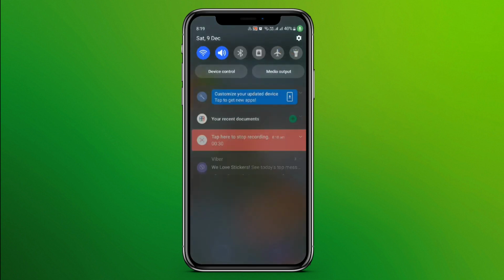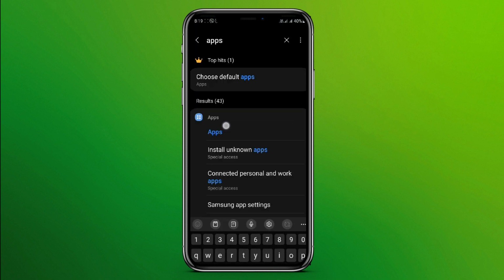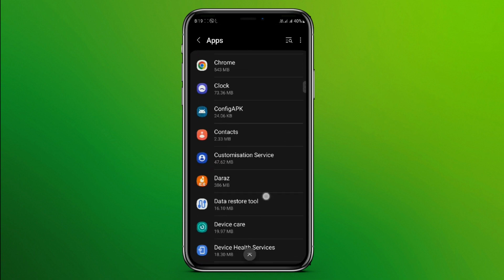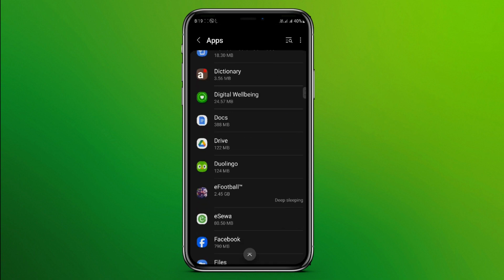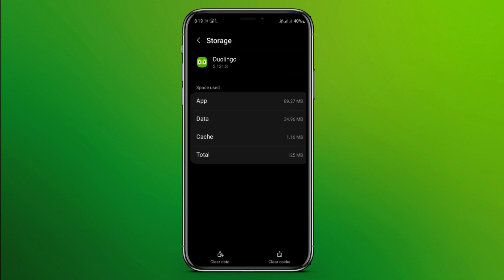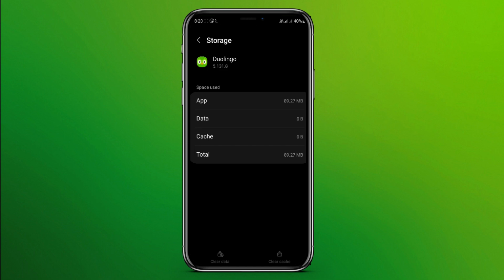After that, we can go to settings, search for apps. So here it is. Now go to Duolingo. So here it is. Now scroll down to storage and click on clear cache. Also, you can clear data. Click on delete. And if you get back,